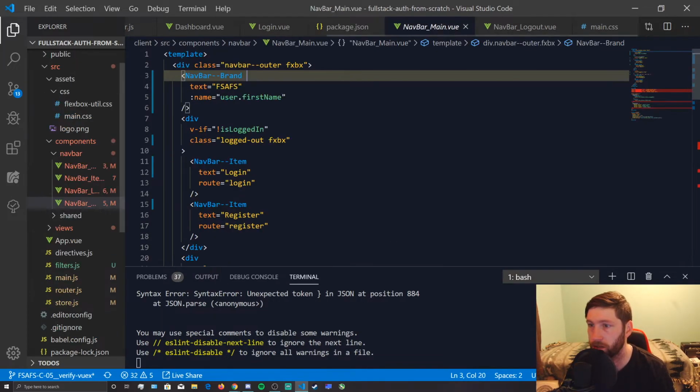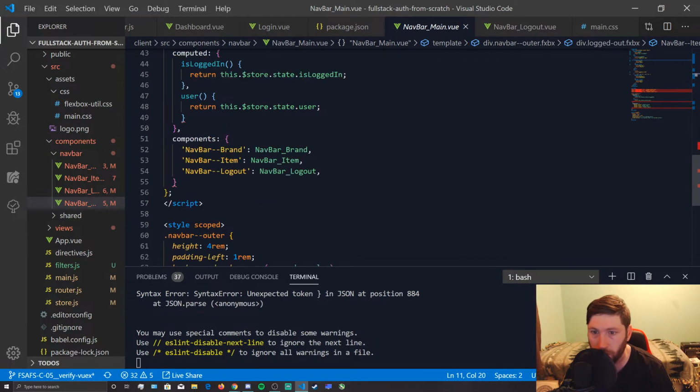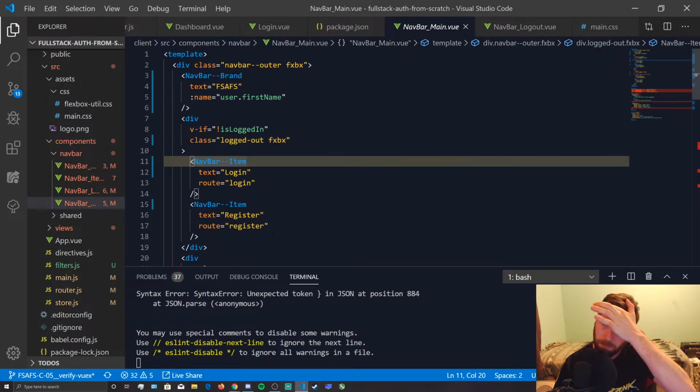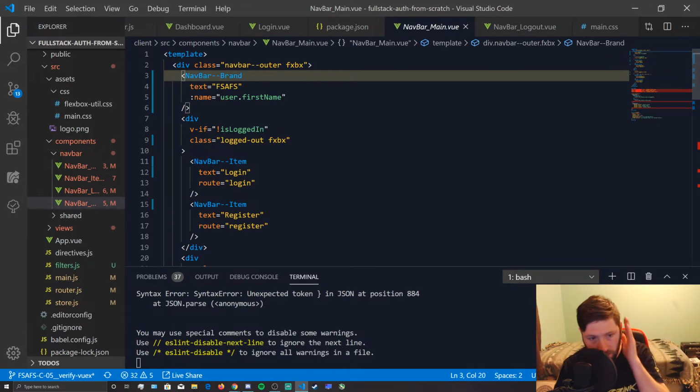Not very good at ESLint configuration if you haven't been able to tell. I don't really do it all that much. Cool, I think that'll work. Yeah, that fixed that. Okay, so